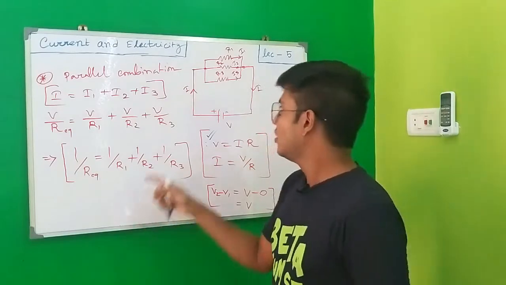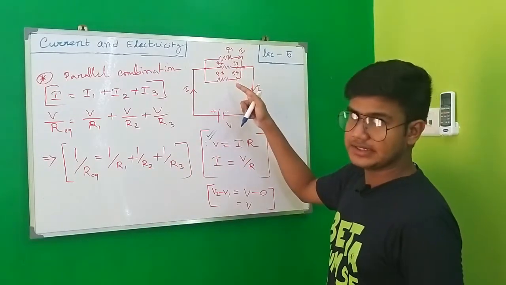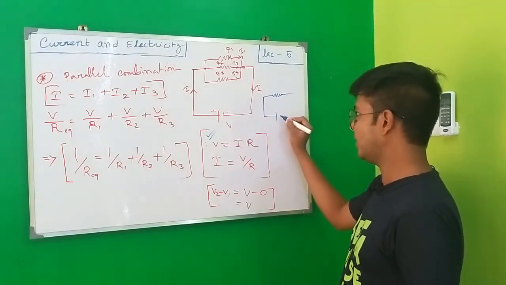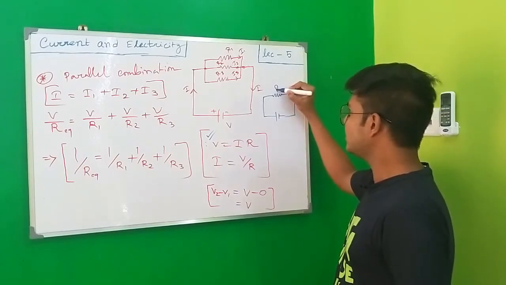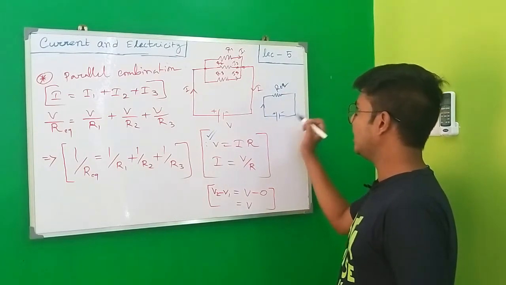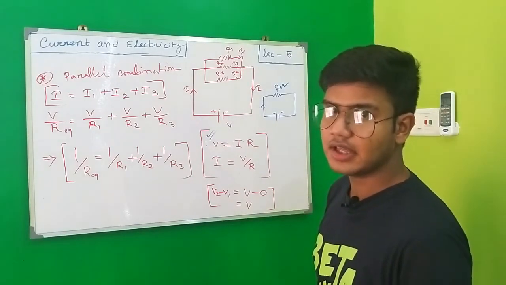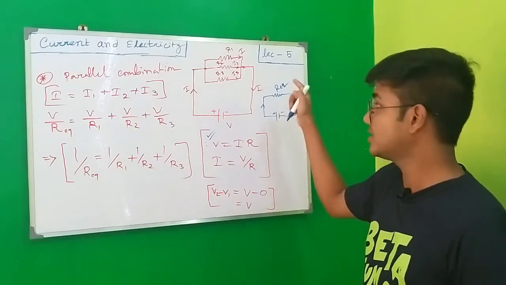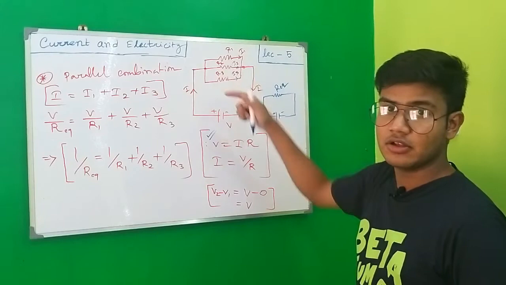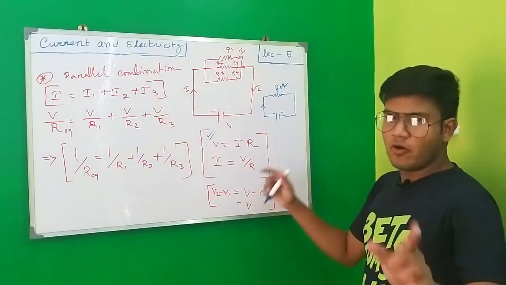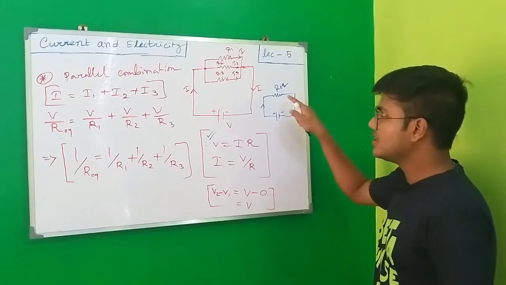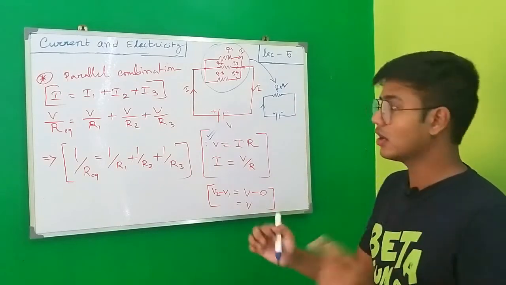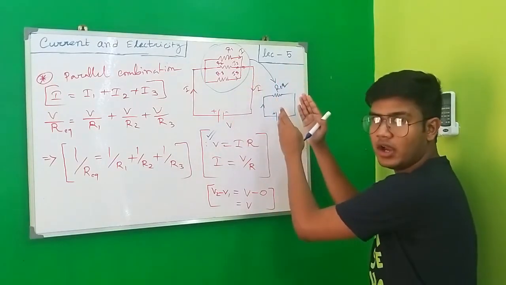Right now, for these three resistances, let's consider one resistance in the place of all three of them. So if we consider one resistance over there, then there should be some value of that resistance, and that value is known as equivalent resistance. That is the equivalent value of these three. So how will we find it? Before that, I am again repeating: we are considering these three as a combination of only one. We are compiling these three into just one resistance.